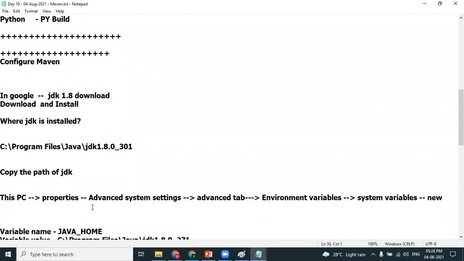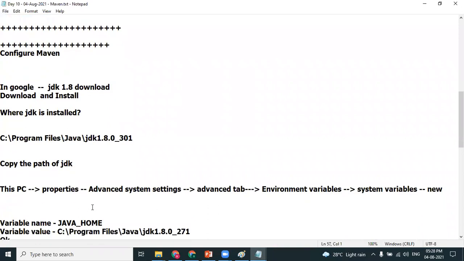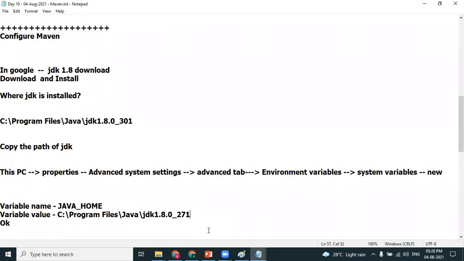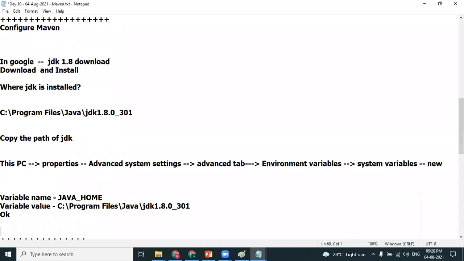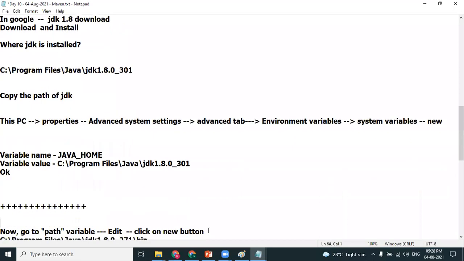Okay, and then you need to create an environment variable. I'll show you how to create an environment variable. That's nothing special. The environment variable should be Java_home, and it should point to the location where the JDK is installed. You know that we have taken a note of it. That's the reason. And I will point to that particular location where the JDK is installed. Please follow this on your personal laptop for today's session. Install JDK on your personal laptop.